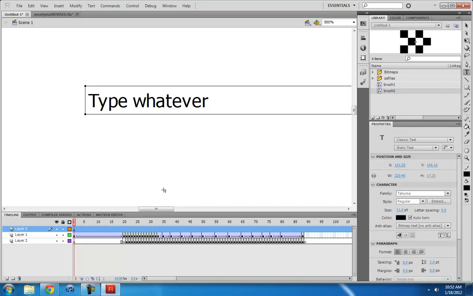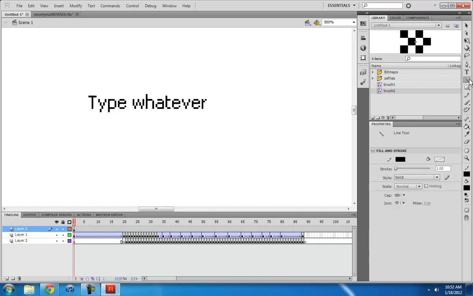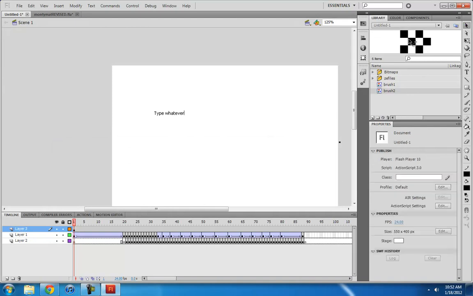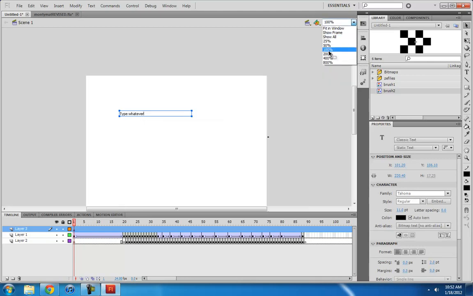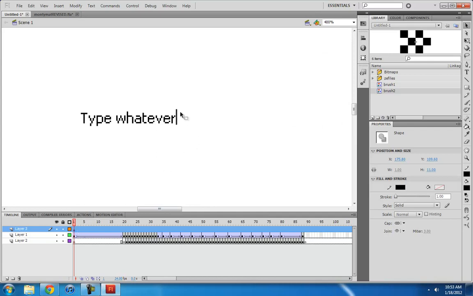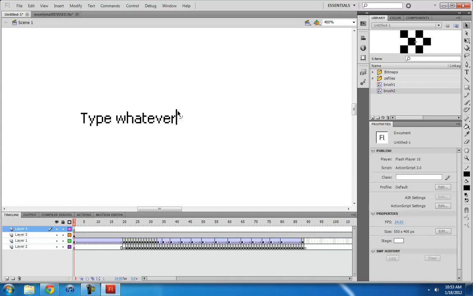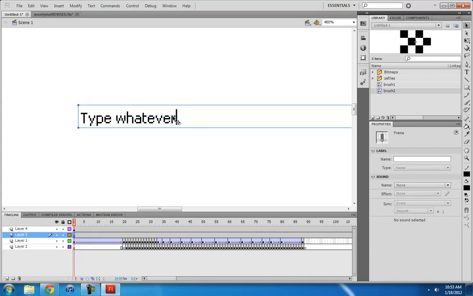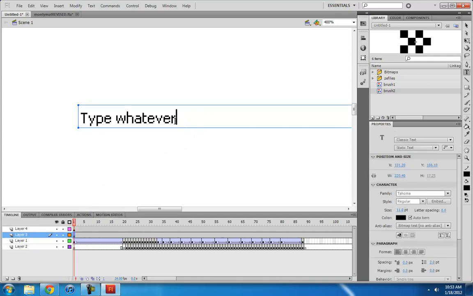Okay, so first you need your blinking line, which you can make with the line tool. So let's just make a line, and then we zoom out and make sure it looks good. Okay, so I think you should separate this blinking cursor from the text, put it on a new layer, Control X, Control Shift V, and then from here you just press T, the text tool,